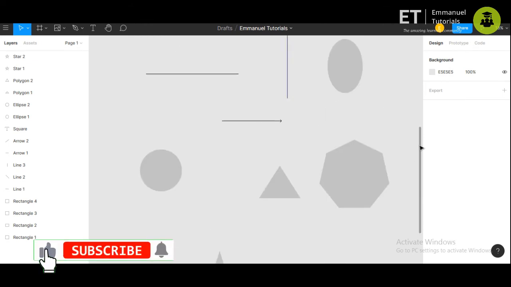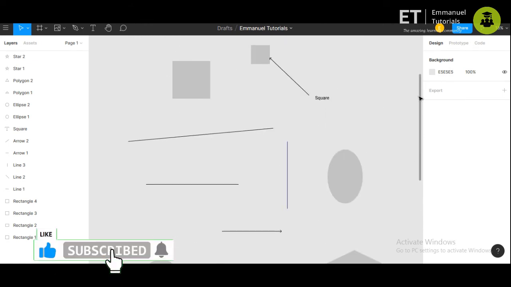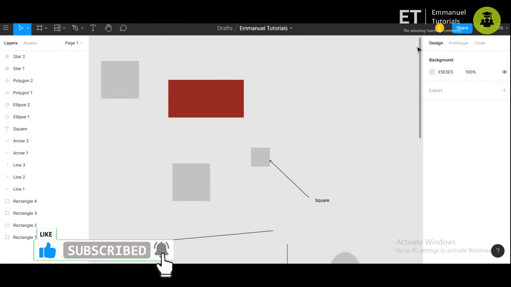So in this video we saw how we can draw different shapes.